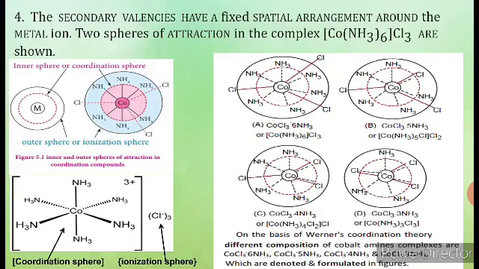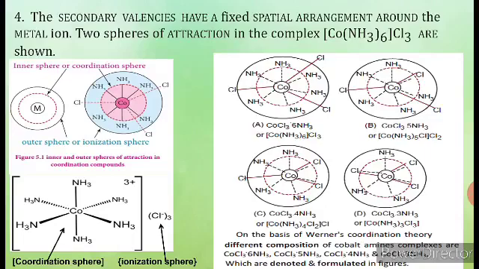as an ionic bond. While the 3 ammonia molecules only satisfy its secondary valencies and are attached to the cobalt 3+ ion through only a coordinate covalent bond. The dotted line represents a coordinate covalent bond and the straight brown colored line represents an ionic bond. Okay, so is it clear?